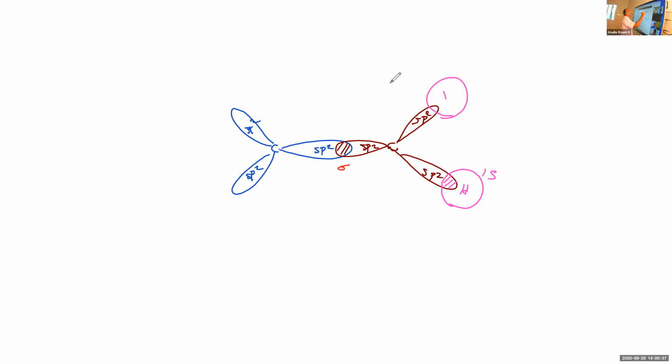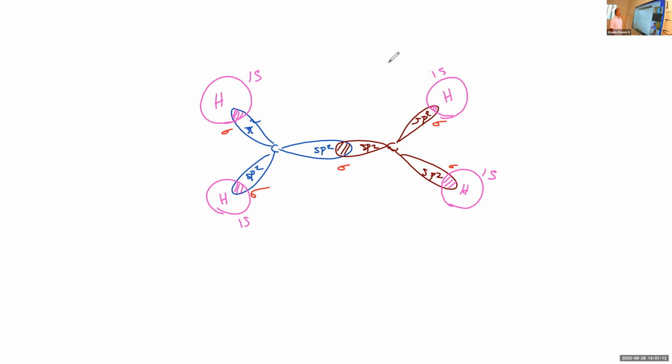Here also hydrogen atom, 1s, there is a coaxial overlapping. Here also there is sigma bond. Here also hydrogen atom, 1s, and a sigma bond, coaxial overlapping. And the fourth hydrogen atom, 1s, there is a coaxial overlapping. So here we have the sigma bond. Here also sigma bond. See, totally 1, 2, 3, 4, 5 sigma bonds are there.